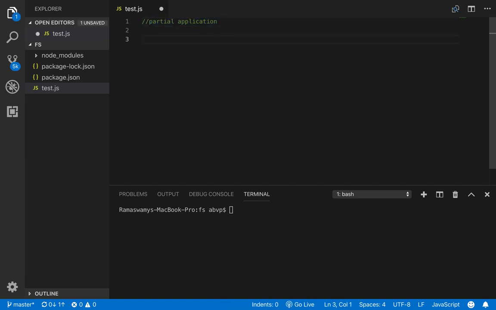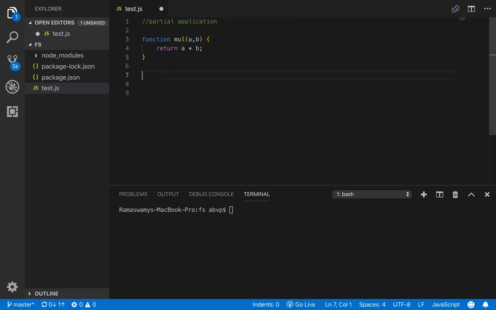Let us understand this. So let us have a function with two arguments, say a and b, and call this function mul, that multiplies the value of a and b. So let us return a star b. Alright. So in this case we have a function with two arguments. So with the partial application, which is a function which will set the value of one of the arguments.